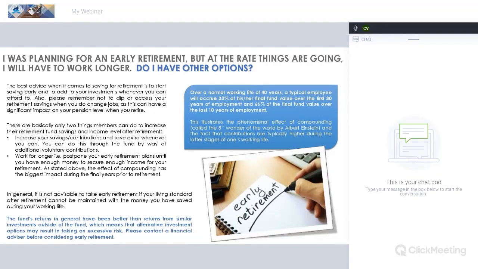The only other alternative is then to work for longer and make sure that you build up enough cash to one day retire with a decent pension. I think it is worth pointing out that the biggest buildup in your fund credit actually happens over the last 10 years of employment, purely because the effect of compound interest creates a scenario where your fund credit grows substantially over the last couple of years before your retirement.